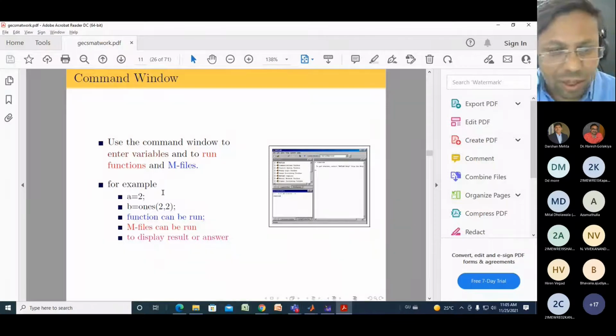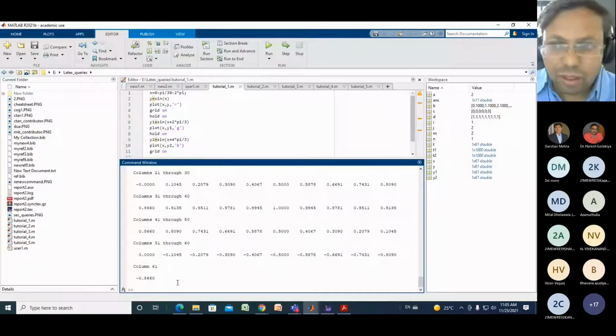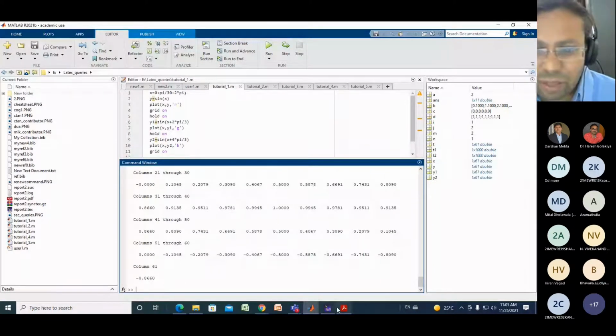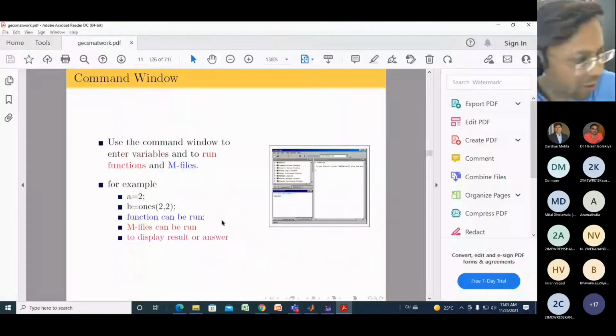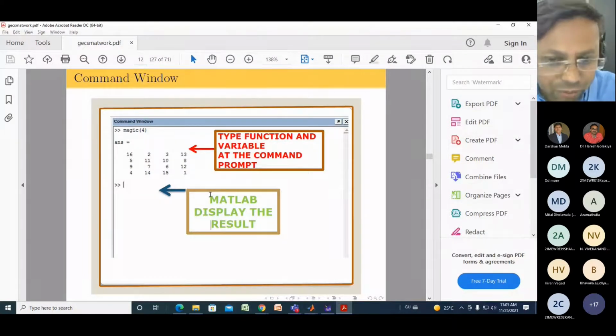So this is the command window. For all purposes, you can use the command window. After the command window, we have another window. You can display the result, whatever the function or M file output, in the command window only.